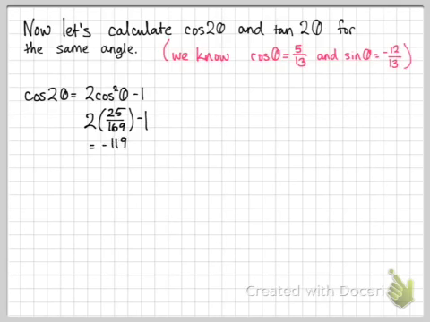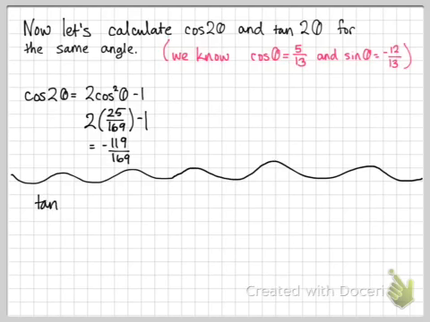Notice this doesn't rely on knowing sine of theta, so if I had broached this one in the original, I would not have needed to calculate sine of theta. But this is 2 times the cosine squared, which is 25/169, minus 1, which is going to be negative 119